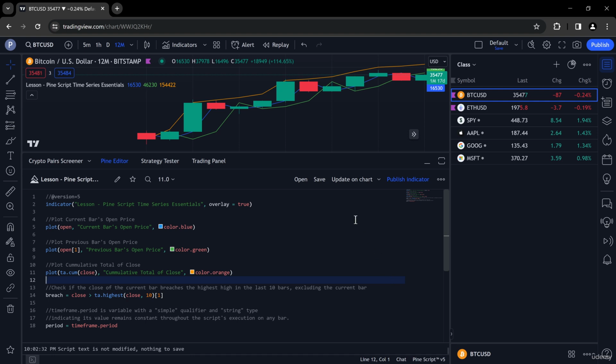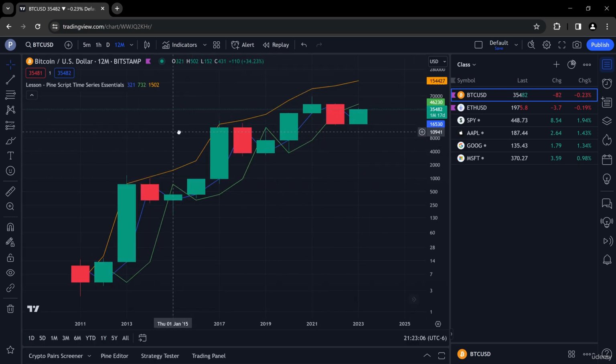A simple illustration and demonstration of time series is looking into the chart and noticing that this chart shows us time series values, or we could call them series values, of certain